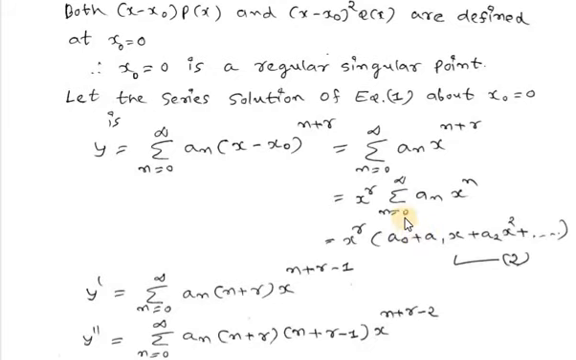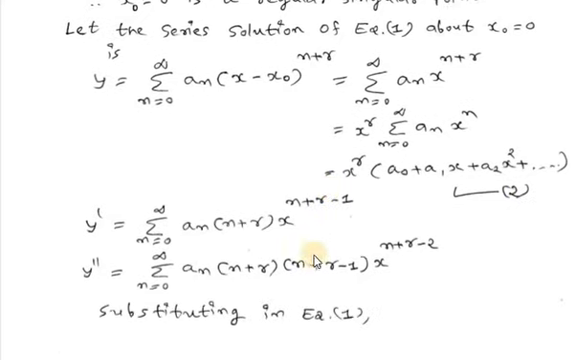Then after plus, as sigma indicates addition, for n equals 1 the second term will become a1 x^1, plus for n equals 2, a2 x^2, plus and so on. Now see, this is equation number 2. Now we will find out